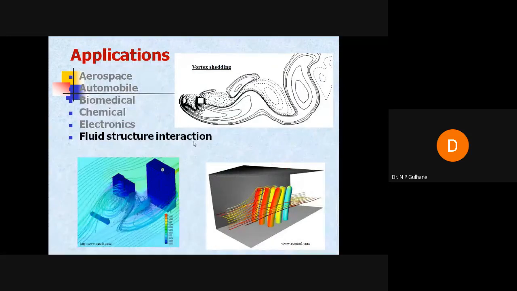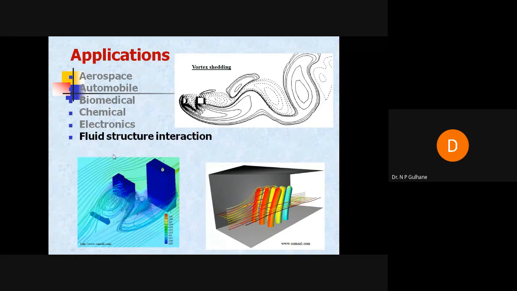Then we have fluid structure interaction in civil engineering. Many buildings are coming up, high-rise buildings in metro cities like Delhi, Mumbai, Chennai, Bangalore. Then the MMDA or SIDCO or any other authority of that city development plan has to check, if a building is nearby, what the airflow is, whether the people residing from the ground floor to the top floor are getting sufficient airflow in cubic meters or not. What is the obstruction caused by this building to that building? So before they go for a smart city and all strategic planning, they want to check what the distance is, what the airflow is, whether it is comfortable or not.